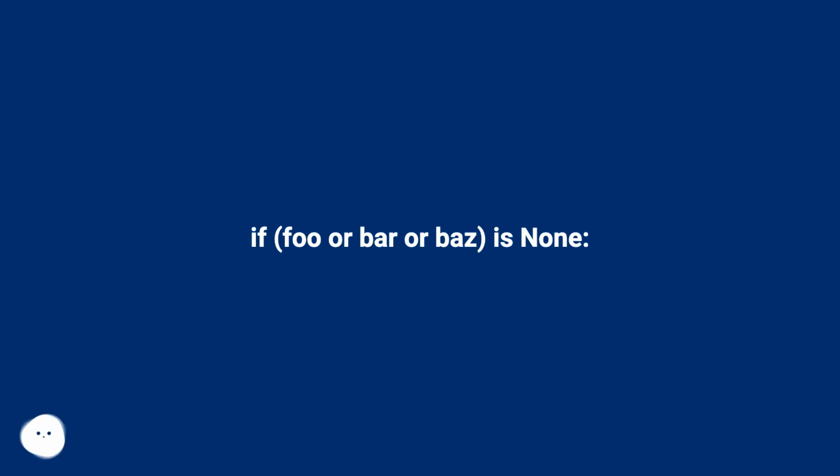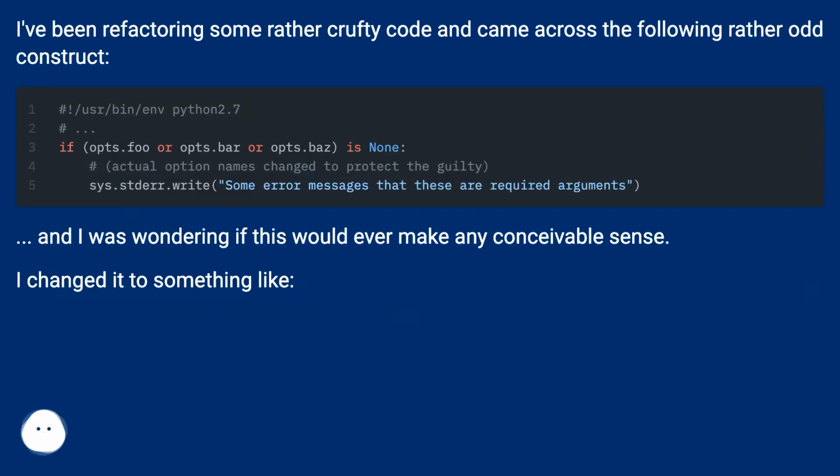if foo or bar or baz is none. I've been refactoring some rather crufty code and came across the following rather odd construct. And I was wondering if this would ever make any conceivable sense. I changed it to something like,